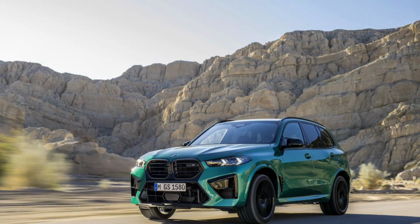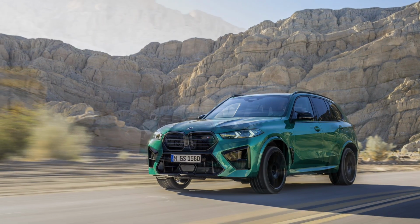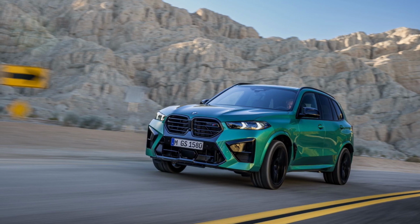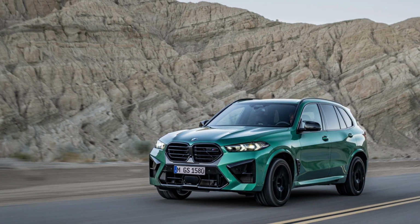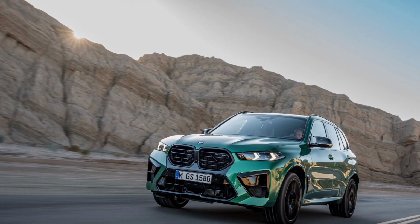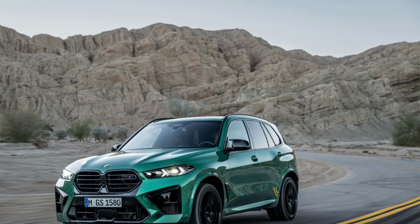Electrification of the drive system and upgrades to the 8-speed M-Steptronic transmission with DriveLogic give the new BMW X5M competition and new BMW X6M competition even more responsive power delivery. Fresh design accents emphasize their unmistakable high-performance aura. Digital technology not only ensures exceptionally intuitive and multimodal operation, it also sparks significant advances in the field of automated